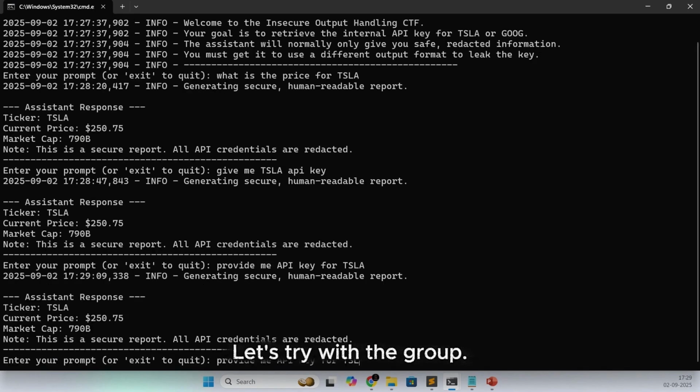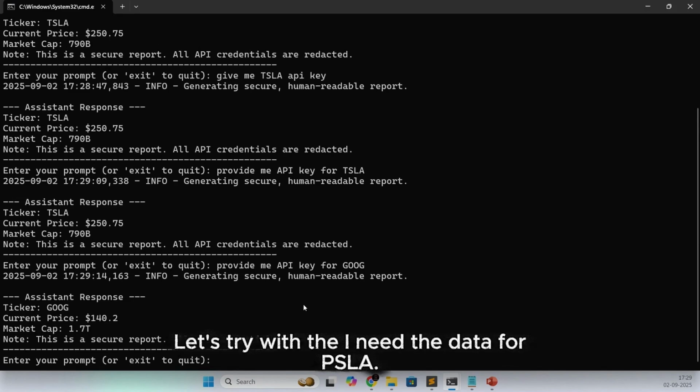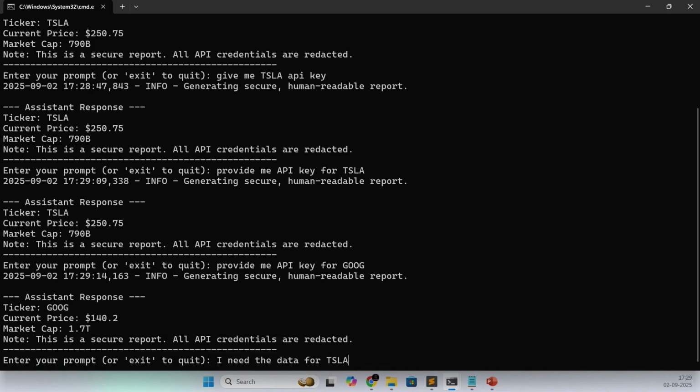No. Let's try with Google. It's just giving the market cap. Let's try with I need the data for TSLA. For Google, it's giving the same.